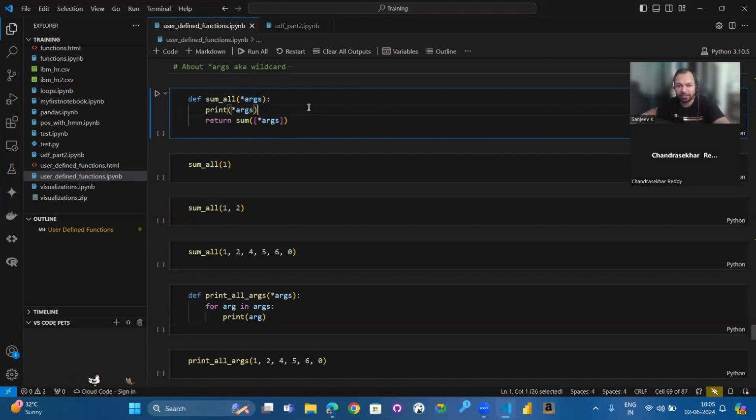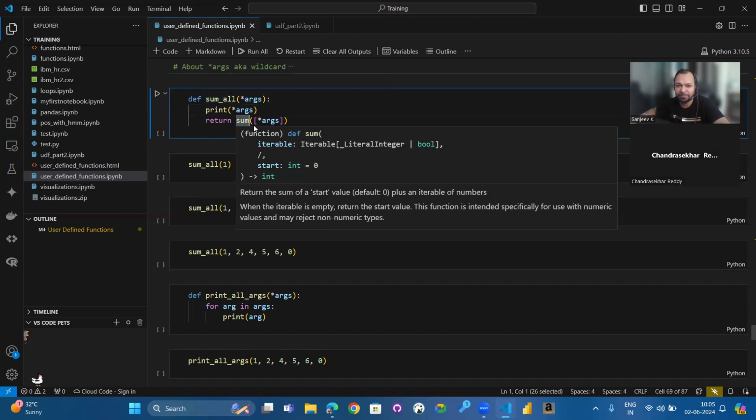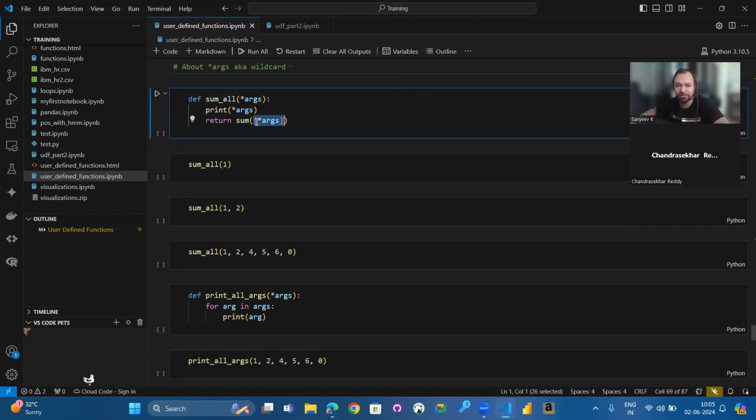And what happens in this wildcard is it is an iterator. For example, it can be a list, it can be a tuple, anything. So you can consider it as an iterator, and based on that, it will give you the output. So what I've done is I've written a function called sum_all, and in this I'm using *args, and then I'm trying to sum them all up. Sum is another function, an inbuilt function in Python, and I'm adding all of those arguments in a list and then returning. So let us execute this.